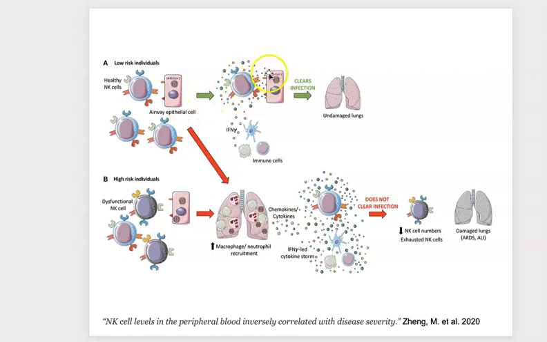So the NK cell is attacking this cell, destroying it with perforin and granzyme, but then also communicating with other cells of the immune response to alert them and attract them to the site of the infection, resulting in a recovery. A high-risk individual, however, has a population of dysfunctional NK cells, and by dysfunctional we typically mean that there's a